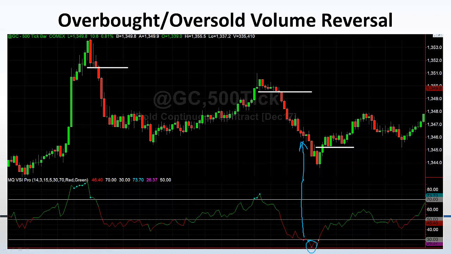But we got extended there and we got extended here. So once it gets extended and volume starts to dry up, look for it to break the previous 2 bars' highs, and then buy, stop at the low, and then boom, we accelerate right back up. Okay, worked out. Again, it worked out perfectly. Here, this was gold. This is on Friday, again on a 500 tick chart. And I'll show you once more at the end of the presentation.